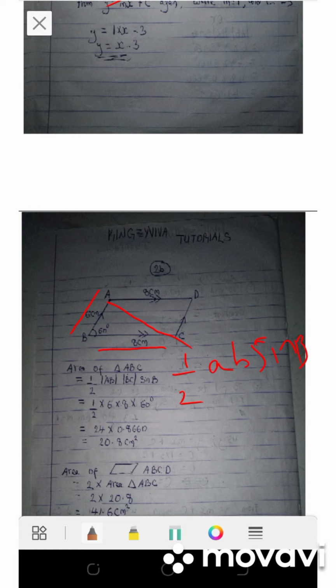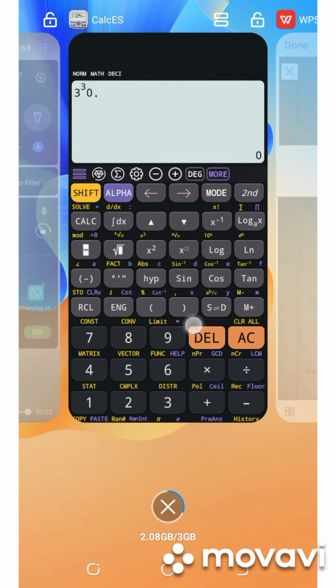Half AB, BC, then sine B, that's this angle here. Applying all of that now, half AB is 6, half times 6 times BC is 8, half times 6 times 8 times sine 60. Half times 6 is 3, so 3 times 8